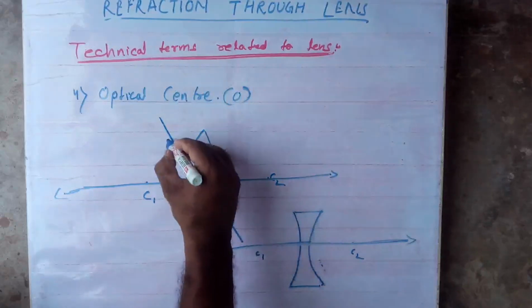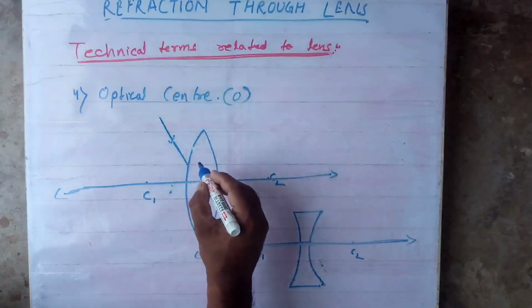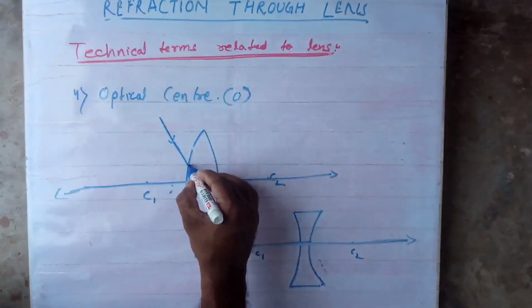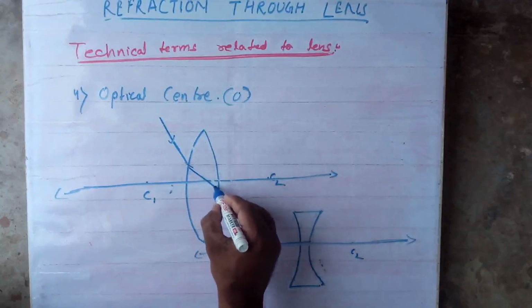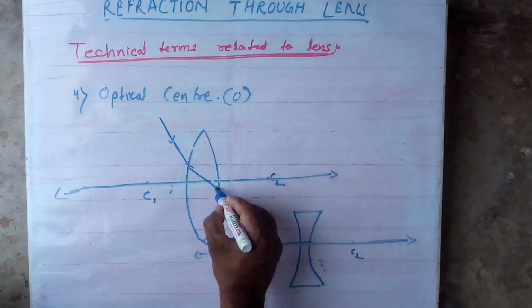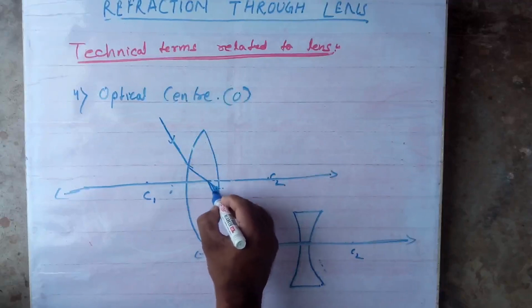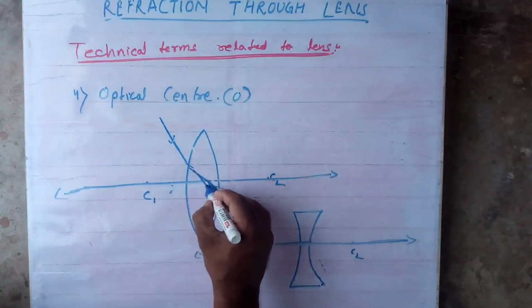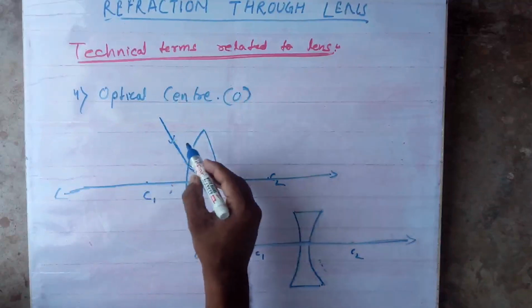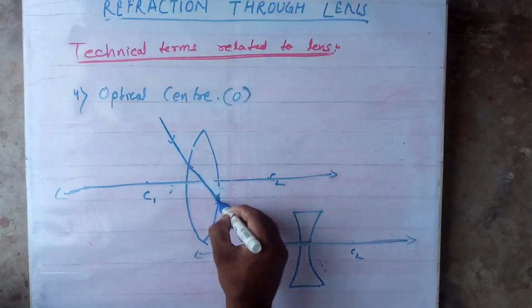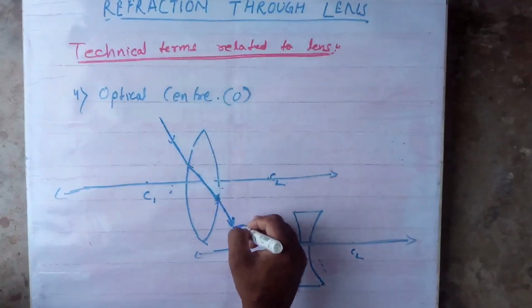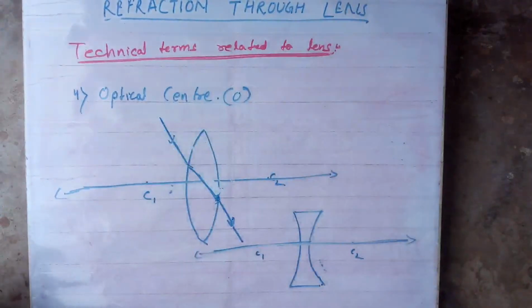How it happens, let's see. First it bends a little, this is the normal, towards the normal it will bend. At the second surface again there is the normal, it will go away from the normal. Finally, like a glass slab as we discussed, it will go in the same direction. The ray bends towards the normal, then again goes away from the normal. Finally the direction of the emergent ray is the same as the incident ray. So that's why it goes in the same direction without any deviation. Clear?